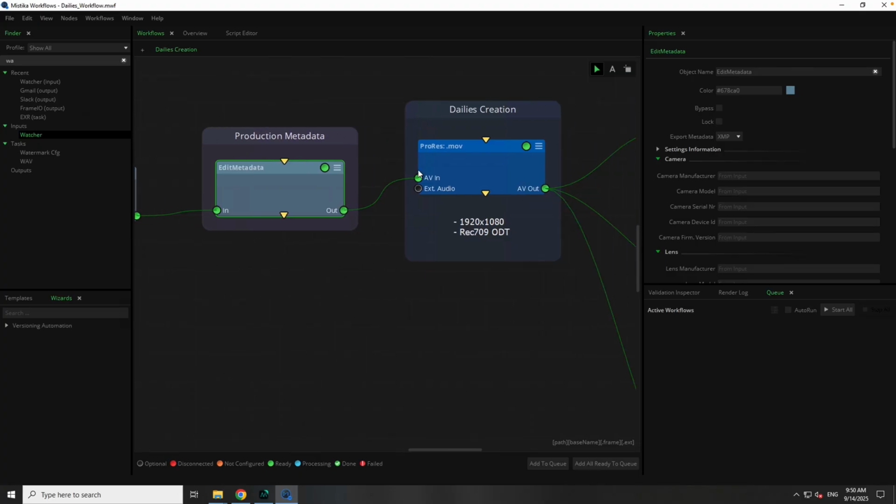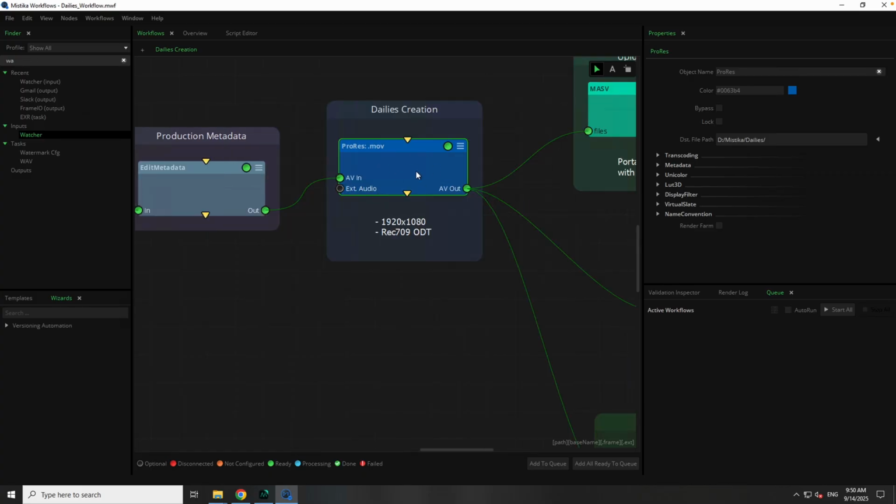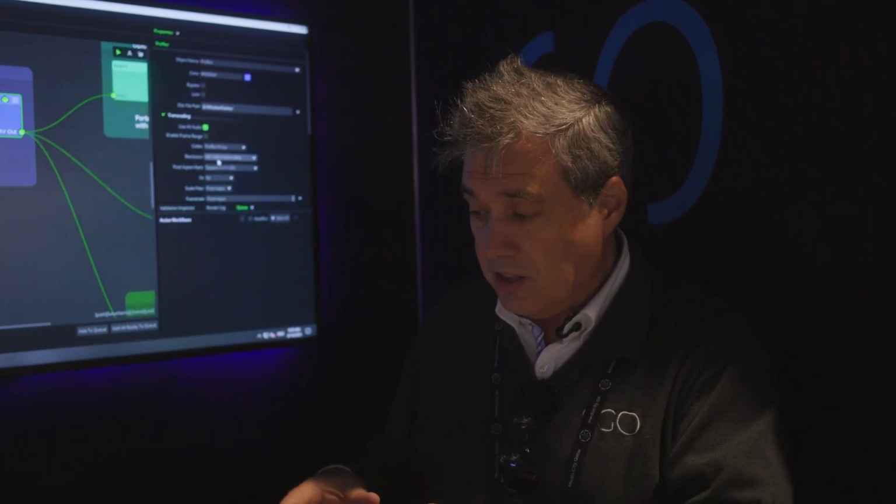The next thing we are going to do is something very simple. For the dailies, we are going to generate a proxy version of the ARRI movies. And what we are going to do with this proxy file is, during the transcoding, we can change the color space, so we are going to go to Rec 709. We can also change the resolution. In this case, we are going to downscale the content to 1080, because there's no point delivering 6K or 4K content, probably, for a preview for the dailies. So we are rescaling the content, we are changing the color space, and once we have the dailies content,